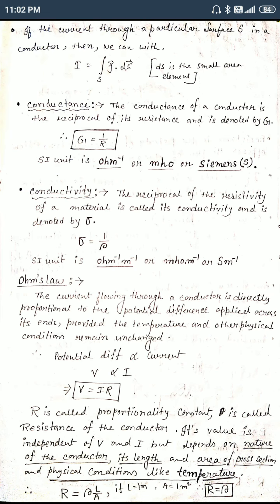That's the reason why, if you have a thin wire and a thick wire, which has more resistance? Yes, the one whose area is less. If the length is the same, the material is the same, and the temperature is also constant, but the area of cross section is different: if the area increases, resistance decreases. So the thick wire has less resistance, and the thin wire has greater resistance, if the length of the two wires is the same, the material is the same, and the temperature is constant.